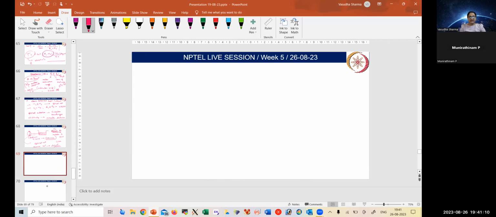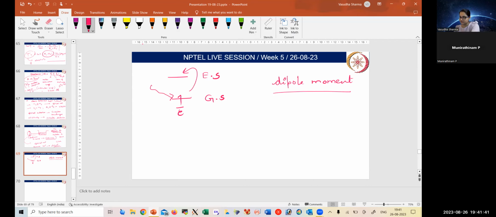So actually what happens is, for the absorption purpose, or the optical rotation, as we were discussing, this is my excited state and this is the ground state, and this is an electron we are talking about. The light comes, hits it, it absorbs and goes to the excited state. So the transitions or the absorption, or the dipole moment, if we talk about how it originates and in what classification we can have it, what are the factors, or how it can be affected. This dipole moment actually comprises three parts: